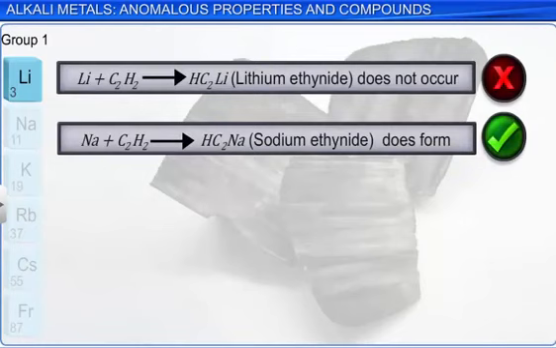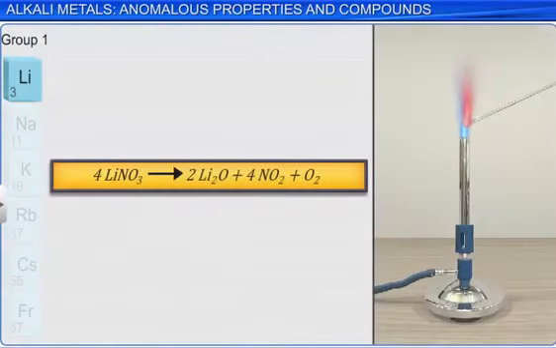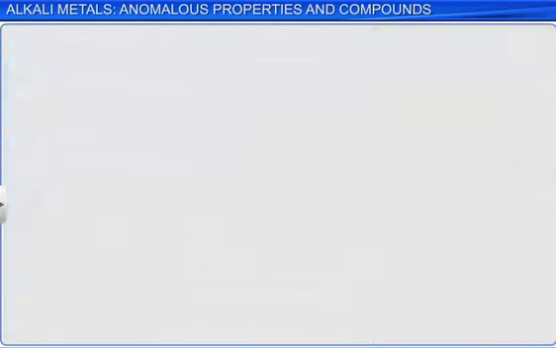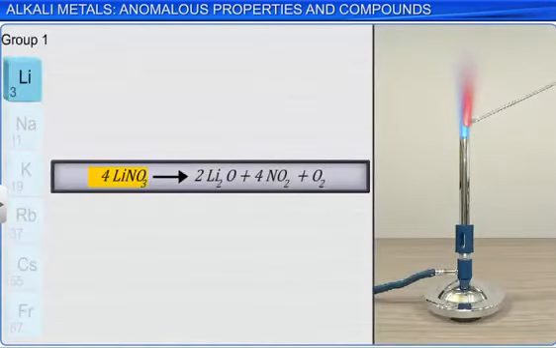When lithium nitrate is heated, the decomposition reaction results in lithium oxide. However, other alkali metal nitrates form nitrites when heated. This is shown in the equations. Lithium nitrate decomposes to form lithium oxide, nitrogen dioxide, and oxygen gas, whereas the decomposition of sodium nitrate yields sodium